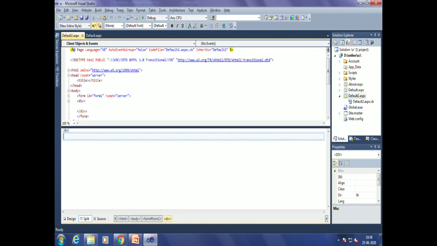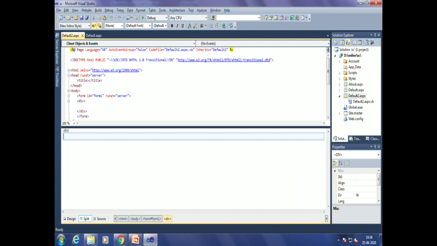Now we have second view on bottom left corner. After design view we have second view, split view. At the same time we have upper side coding where we can design web page by writing different tags manually, and at the bottom side we can design web page by dragging and dropping different controls.